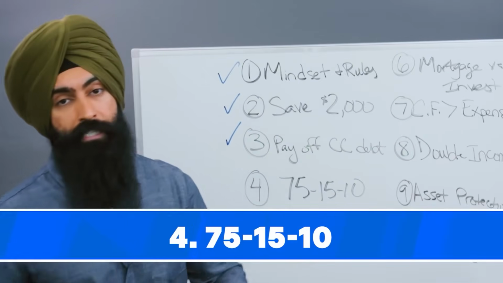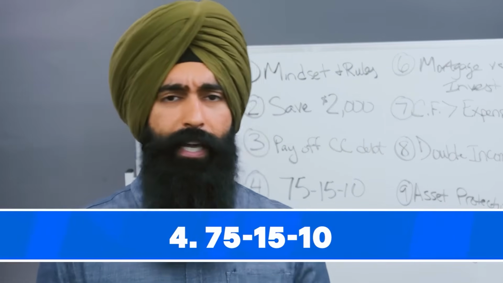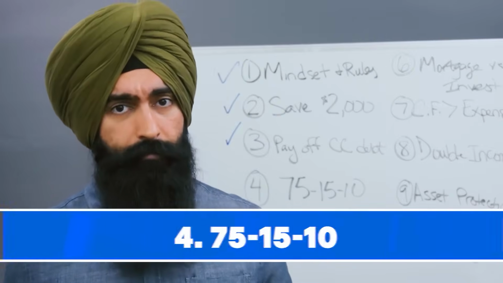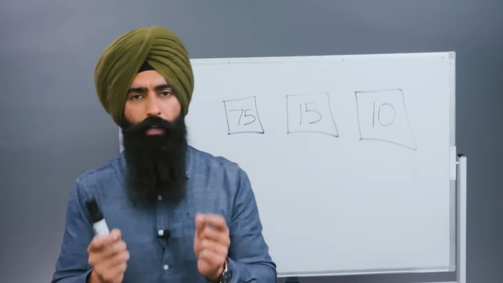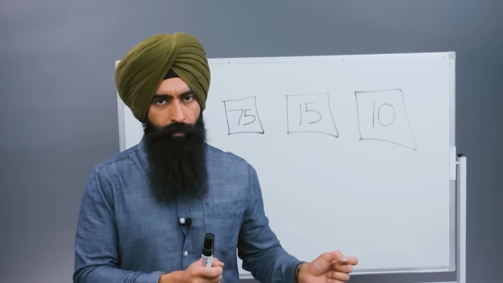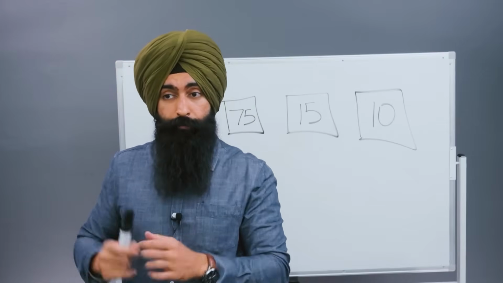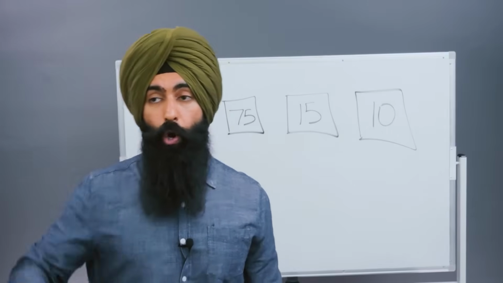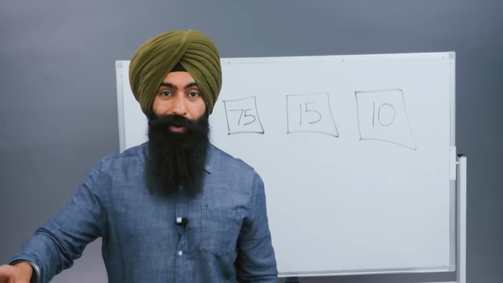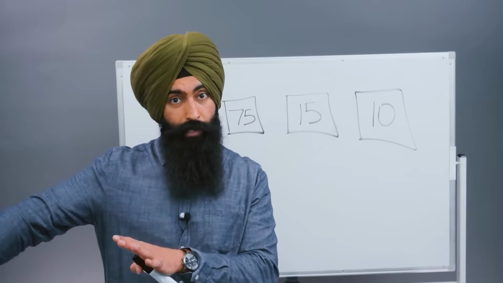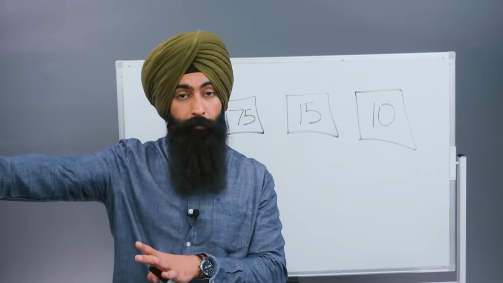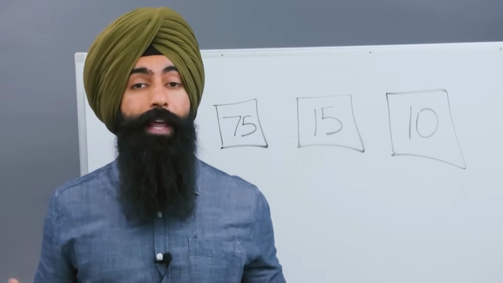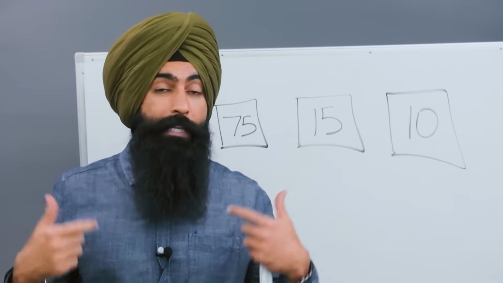So now that we got this done, let's move on to number 4, which is now building a financial system for your money, following something like a 75-15-10 plan. Now, after I work to pay down my credit card debt, this is where I need to give every dollar that I earn from here on out a job. I didn't need to do that before, because before, every time I had an extra dollar, either I'm going to work to save that $2,000 or I'm going to use that extra dollar to pay down my credit card debt. Now that I've zeroed out my credit card debts, now that I have a couple grand in the bank, this is where I have a little bit of financial cushion